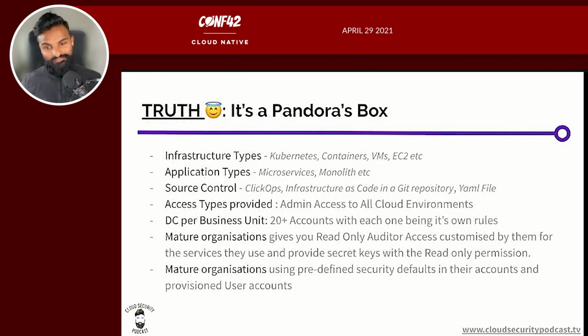Unfortunately, the reality is different. The truth is, I've been in assessments where the infrastructure type is a mix of containers, Kubernetes, VMs, EC2. You go in and you're told, hey, we only have one tenancy. And you make an assumption that, okay, one tenancy, so they would have gone down the well-architected framework, they would have segmented their network properly and would only be using one type of compute, because you would only have one application per network. Unfortunately, a lot of the conversations that I had were where one network had multiple assets or multiple applications hosted within that one single network,